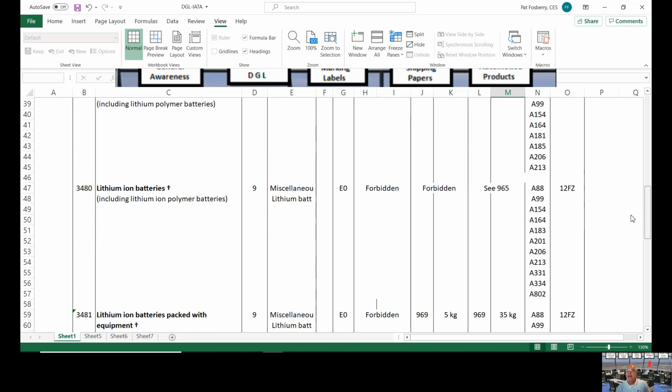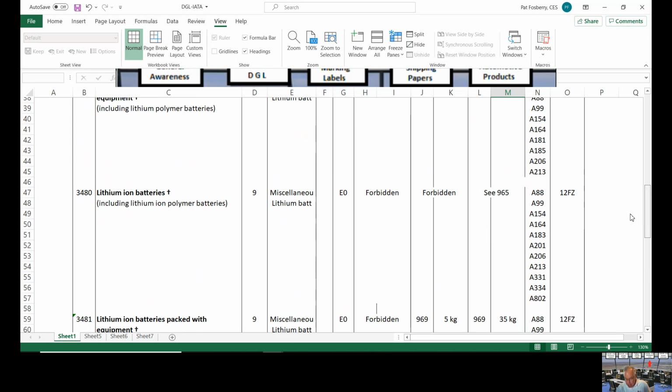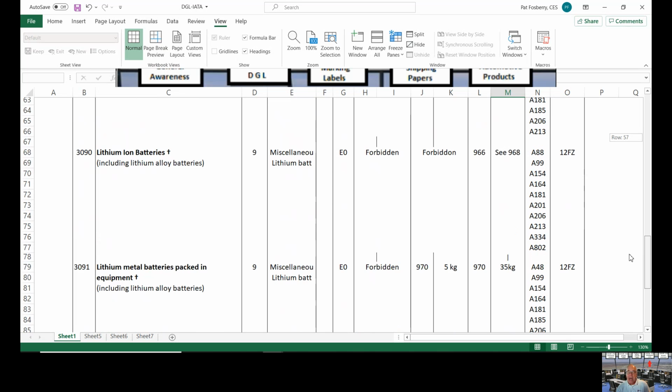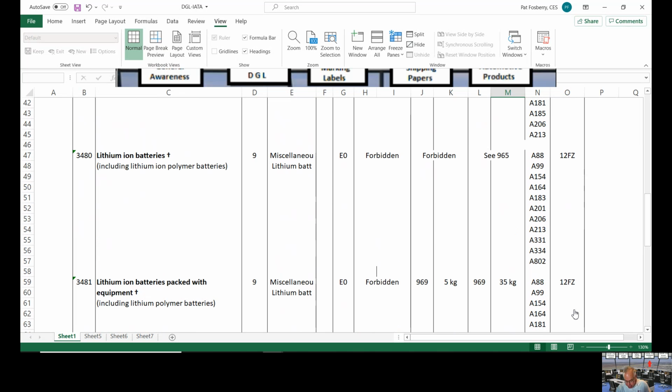And of course, we've got our special 12Z, FZ. So here's where all your lithium ion batteries are. Here's where it goes into a little bit more detail. Sorry, I gave it because I looked at the last one. Additional considerations: consider landing immediately if there is something with a lithium ion battery. So it tells you how important lithium ion batteries are. It's got its own little division, basically,